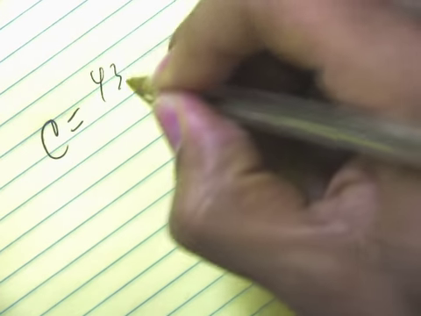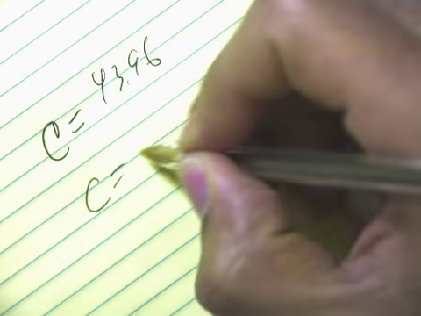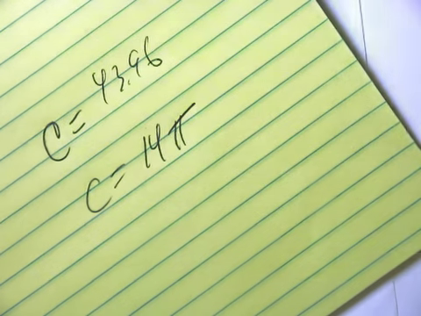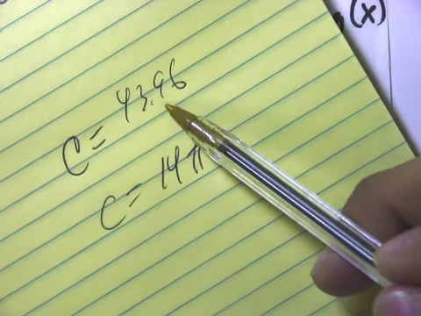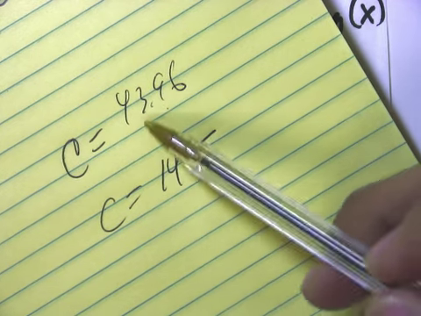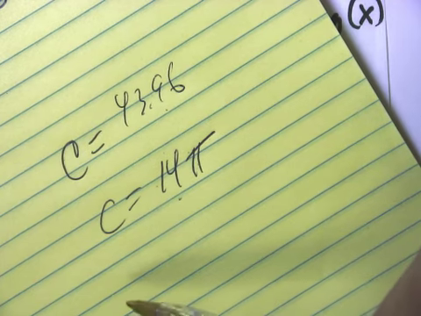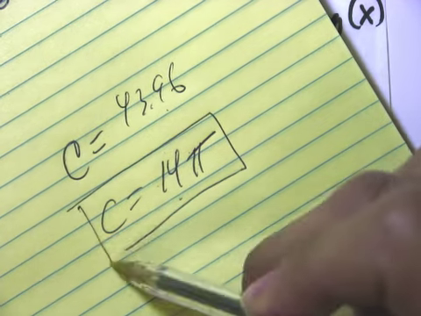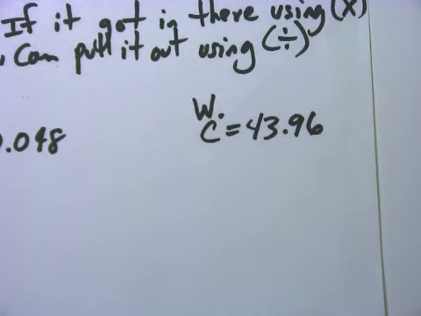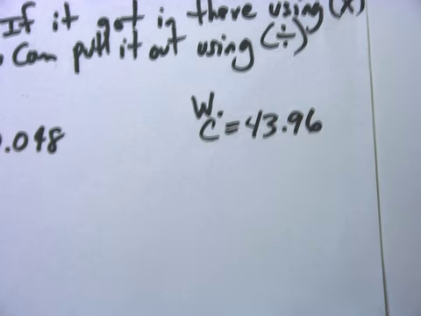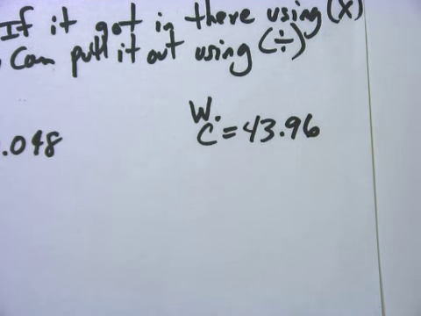That's going to give me 14, which means that a circle that has a circumference of 43.96 is really going to be 14 pi. So you take this number, you divide the pi out, it gives you 14, and then you put the pi next to it. And remember, when you multiply these two, it's going to give you this. And actually, putting the circumference in terms of pi has a lot of benefits. And that's how you put answers in